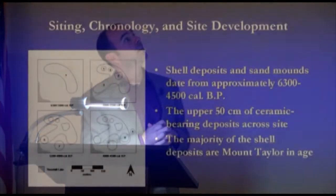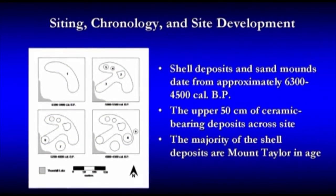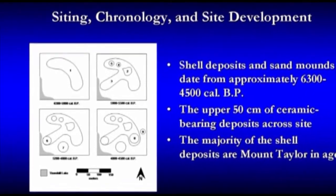In some other places, it was just too deep to feasibly dig because of the water table, and a 2-meter deep 1x1 is a dangerous place to be. So we stopped short in most cases. But 2 of them were able to penetrate the entire deposits, and I have basal dates for those. Now, about 5,900 to 5,500 years ago,